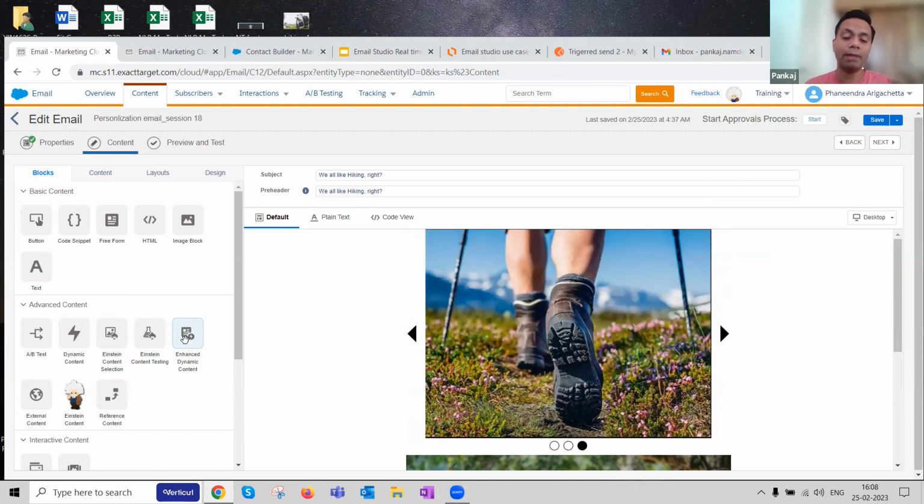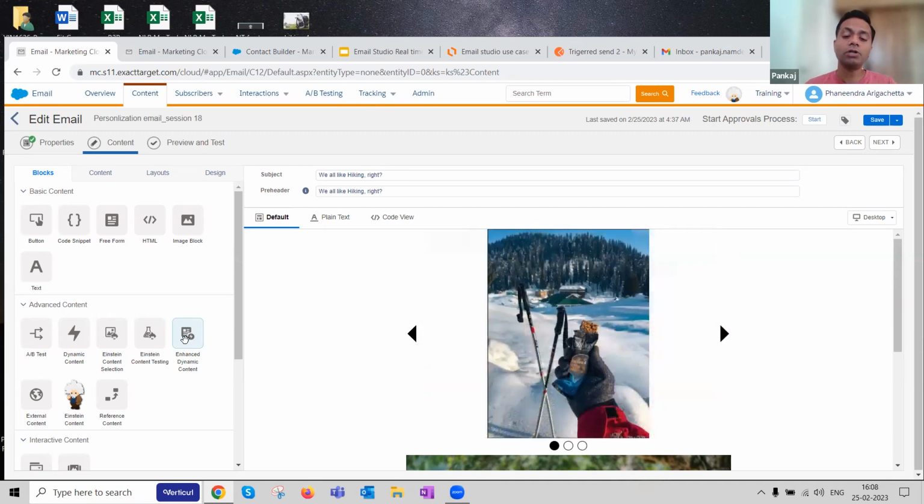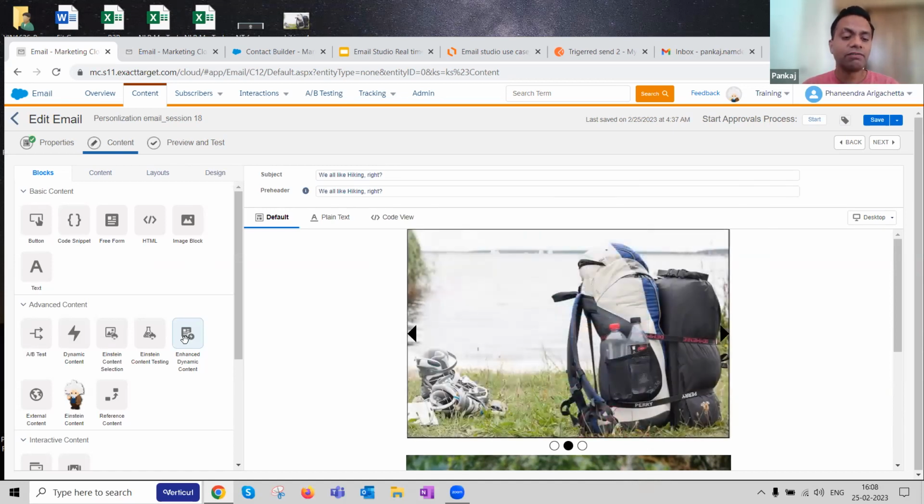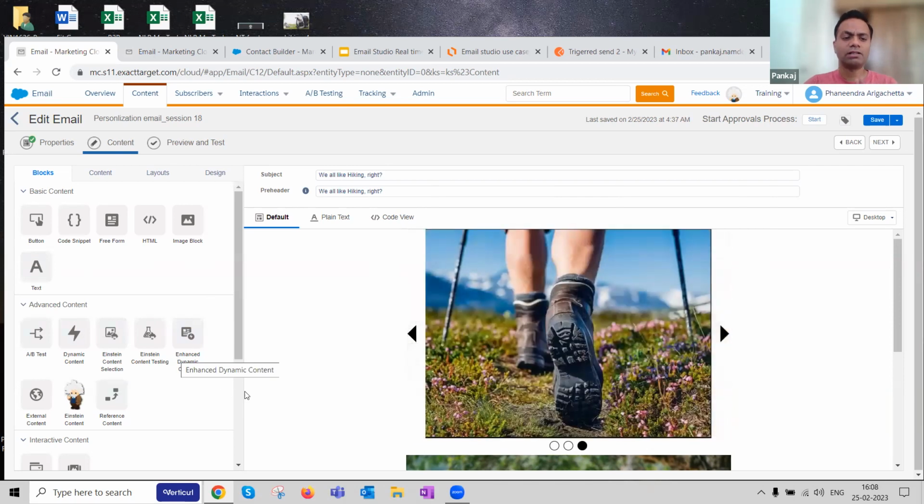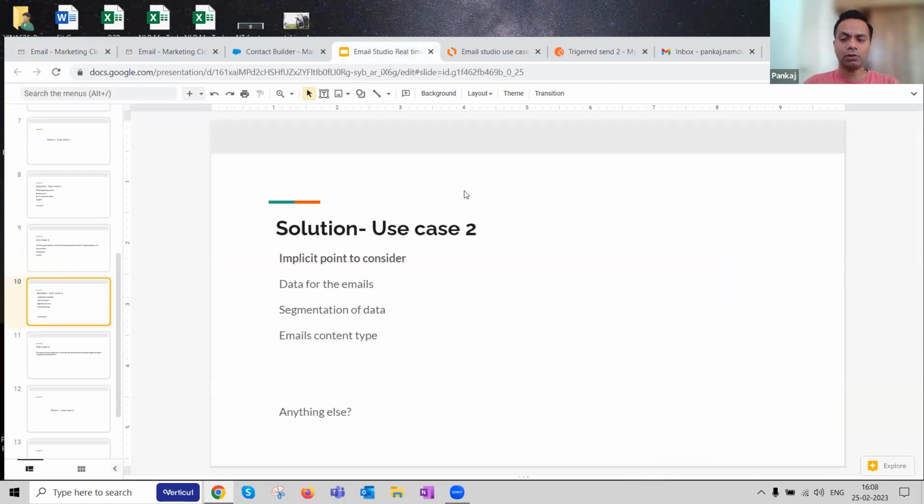One of the ways is by creating this content with the images, or you can use that enhanced dynamic content to satisfy or complete this use case, right? So that's another way of doing it, enhanced dynamic content. There are multiple more, but I wanted to cover this in the brevity of time. Now let me get back to my particular scenario about this one.